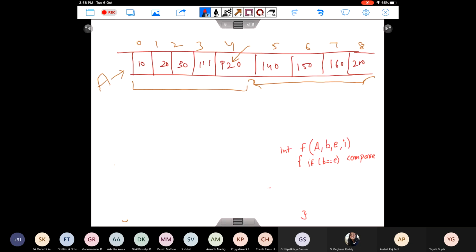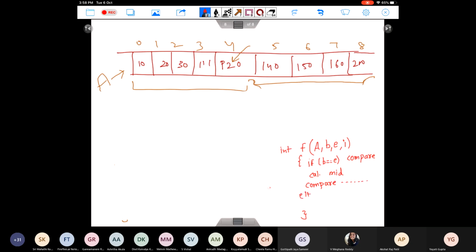If this is not the case, if beginning is not equal to end, I'll calculate the mid. I'll compare this mid with my element. If I found the element at that mid location, I'll return this mid because the mid is going to be my index. If that is not the case, I compare.